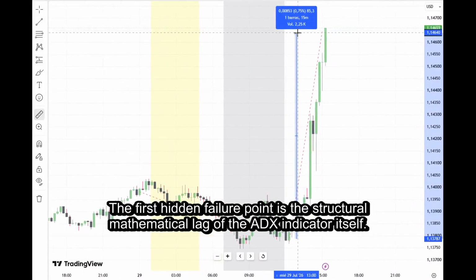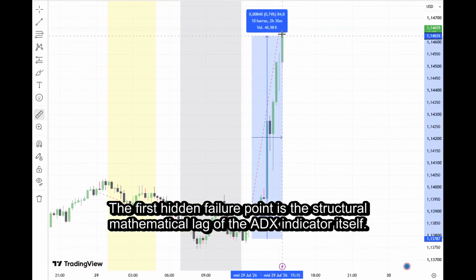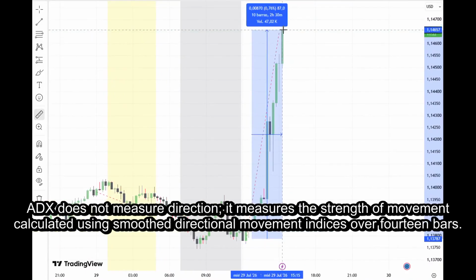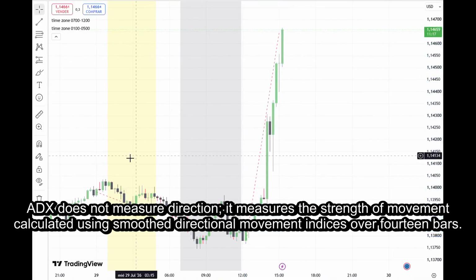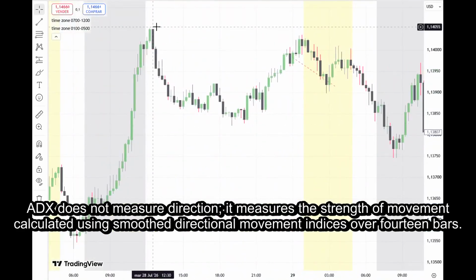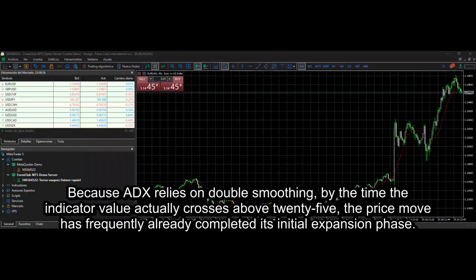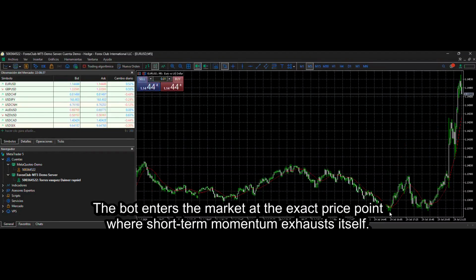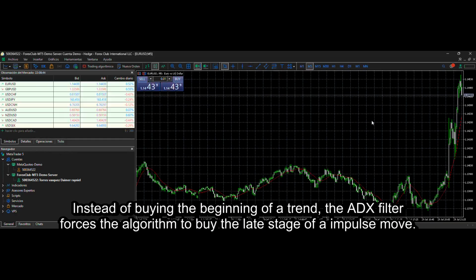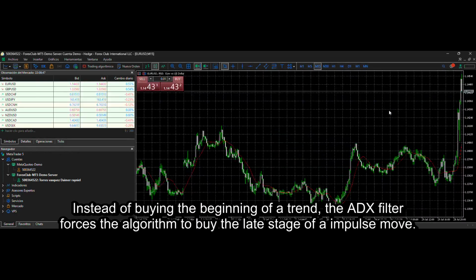The first hidden failure point is the structural mathematical lag of the ADX indicator itself. ADX does not measure direction, it measures the strength of movement calculated using smooth directional movement indices over 14 bars. Because ADX relies on double smoothing, by the time the indicator value actually crosses above 25, the price move has frequently already completed its initial expansion phase. The bot enters the market at the exact price point where short-term momentum exhausts itself. Instead of buying the beginning of a trend, the ADX filter forces the algorithm to buy the late stage of